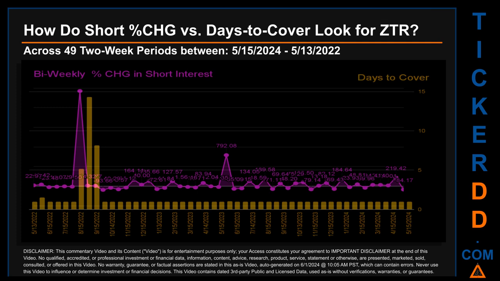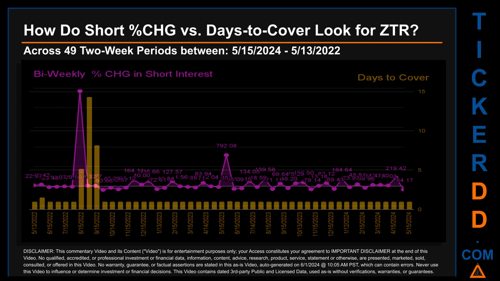Zooming out, I looked across 49 2-week snapshots, from latest found, May 15, 2024 to oldest found, May 13, 2022. In the graph, I overlaid bi-weekly percentage change in short interests against days to cover. Across these 49 2-week snapshots, the average percentage change of short interest was about 82.19%. Other interesting data points include: the largest percentage increase in short interest was